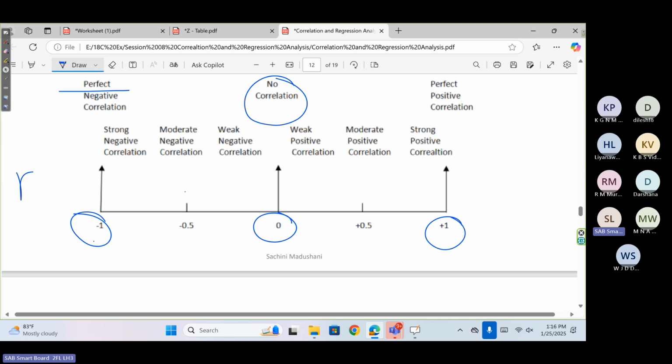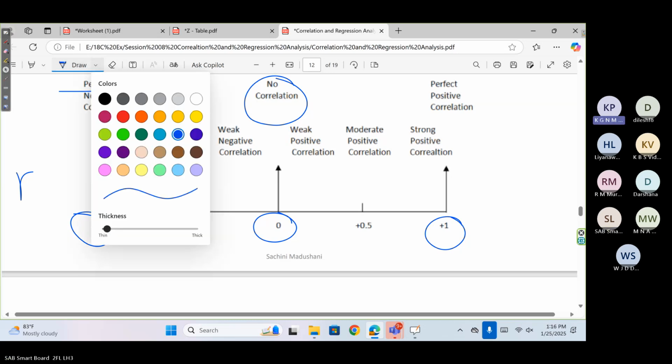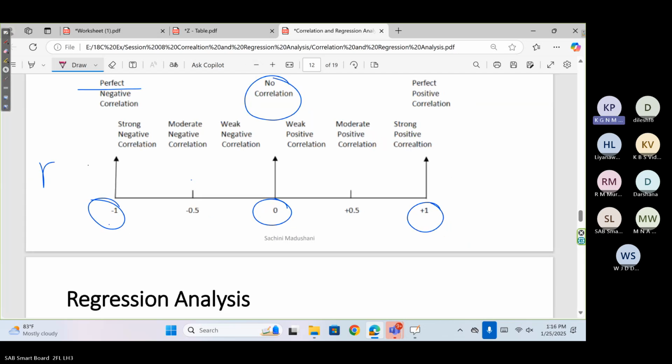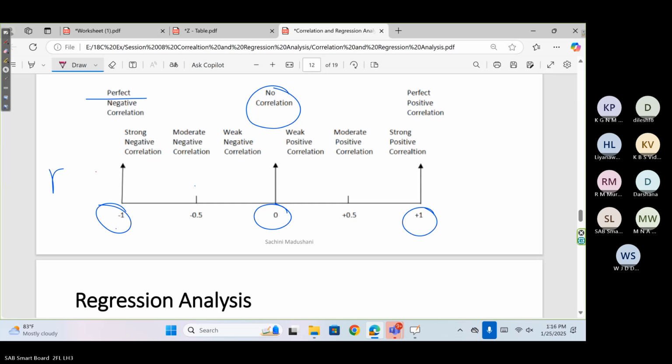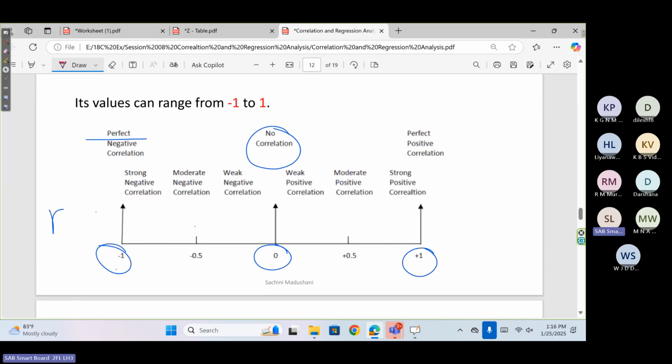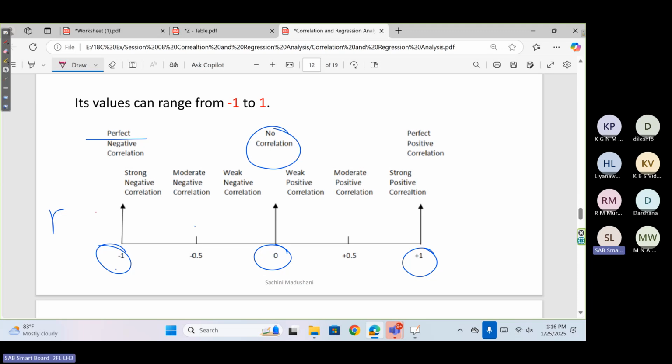There is no linear relationship. Then the other case: if the r value is negative, not -1 but nearest to -1,